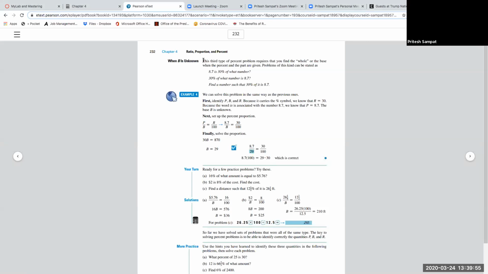And finally, when the base is unknown. So in this case, you'll have the part and you'll have your rate. And we're solving for the total amount. Now, when we're comparing the ratios,